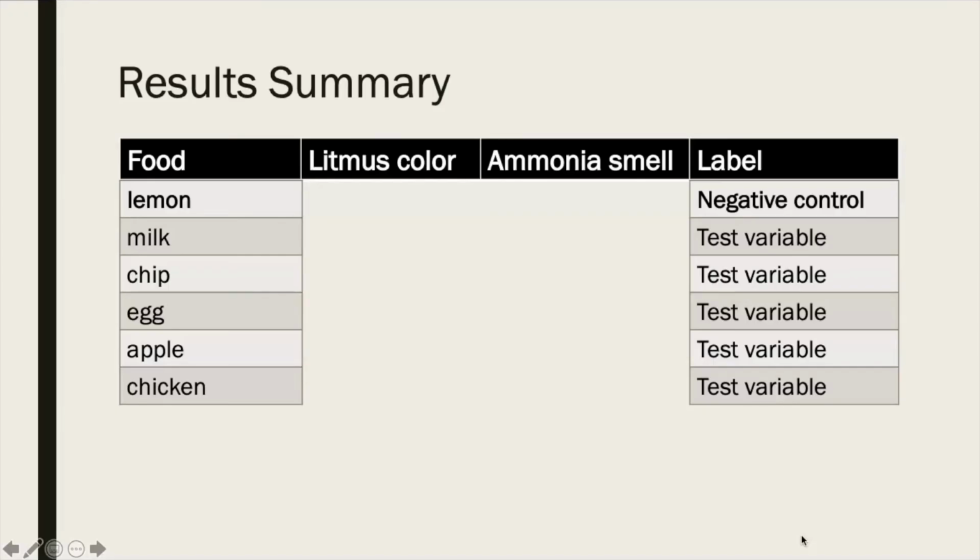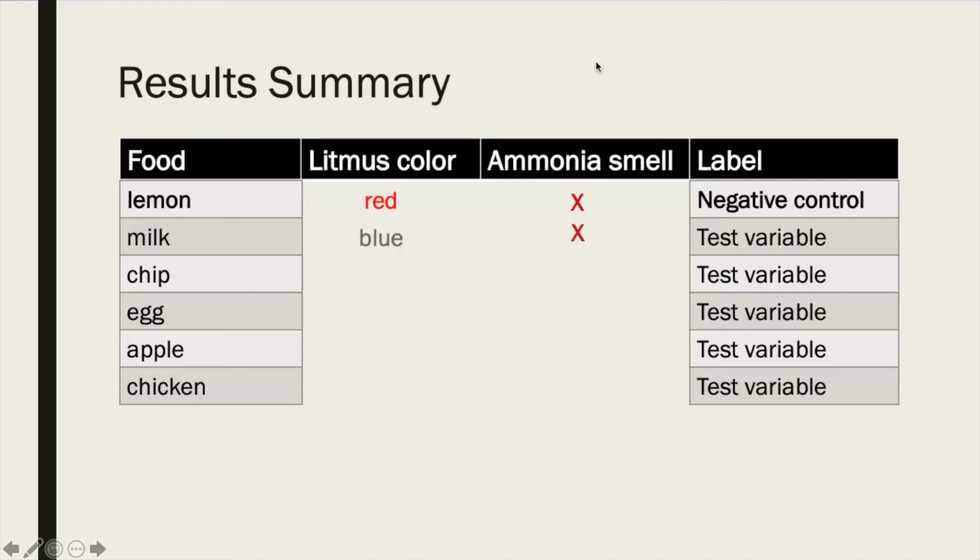To summarize our results, notice the list of food items in the left-hand column, and in the opposite right-hand column, we're describing them in terms of their role in the experiment. So we have our lemon. Our litmus color change was to red. The ammonia smell was not present, and this was in our experiment to serve as a negative control. So we know that we have an acidic solution containing no protein, and we use this to compare the rest of our variables. For example, milk, which came out blue,